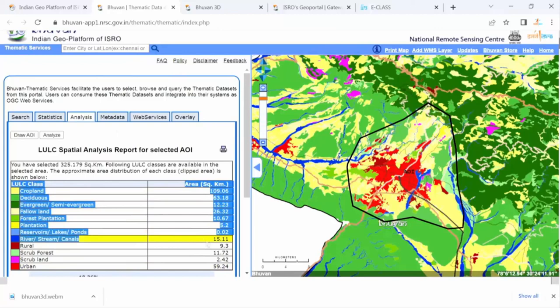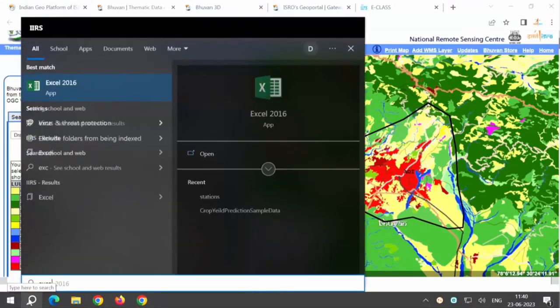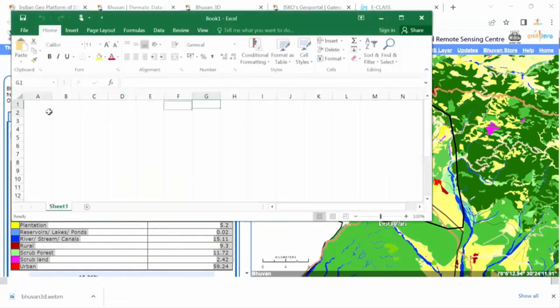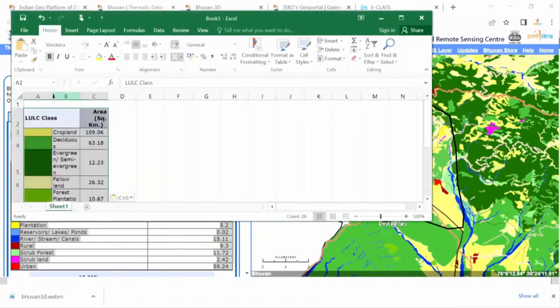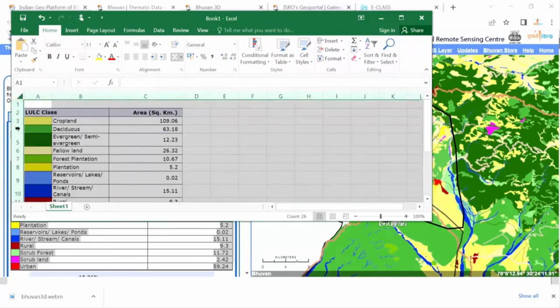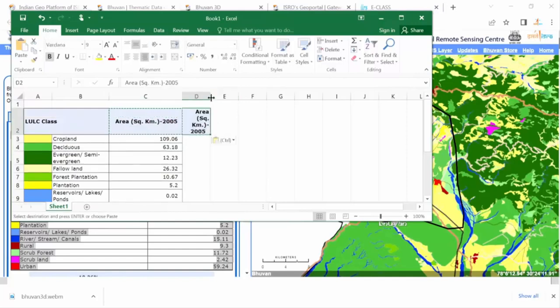Let us save it. So how to save it? I will just copy this, and let me go to Excel. Let us copy it in the Excel component here. Now if I do Control V, it will show me the statistics here for the city of Dehradun. Okay, so there are different classes here. Now I am able to get the area in 2005. Now similarly I want the area in 2010 also, 2010.